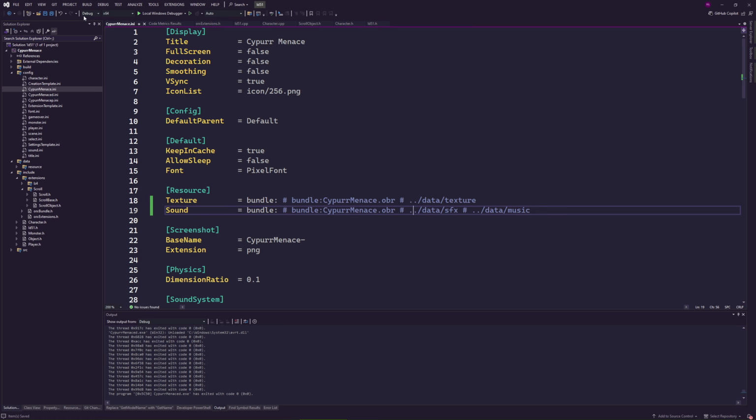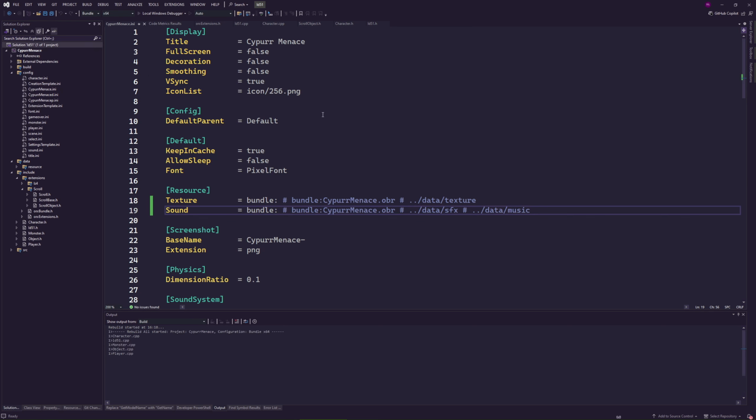The last thing we need to do is build either the release or the bundle version. The only difference is on Windows. On Mac and Linux, they are exactly the same. On Windows, the bundle one will keep the system terminal so that you can actually see the log, whereas if you build the release one, there is no terminal and you cannot see the log unless you look at the log file. So we are just going to build the bundle version of our game. And that's it. Now we need to compile it for HTML5.